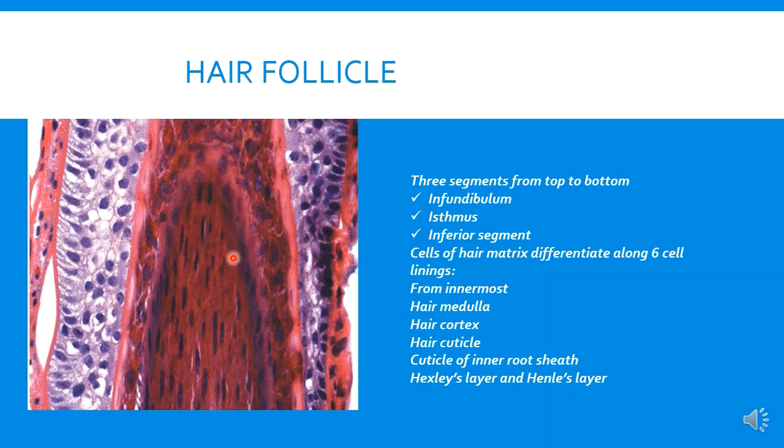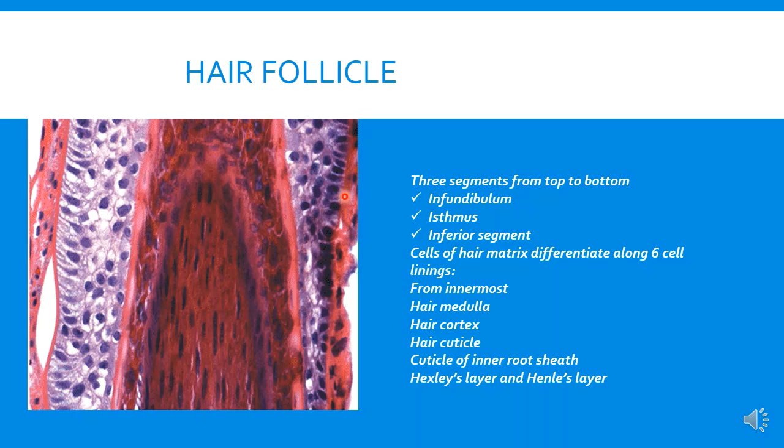Hair follicle. So the structure of hair follicle is a little bit complex, but we will go in depth about hair follicle while discussing the tumors of follicular differentiation. For now, let us understand that hair follicle has 3 segments from top to bottom: infundibulum, isthmus, and inferior segment. At isthmus, what happens is there is an outer root sheath and an inner root sheath. At the isthmus, that inner root sheath